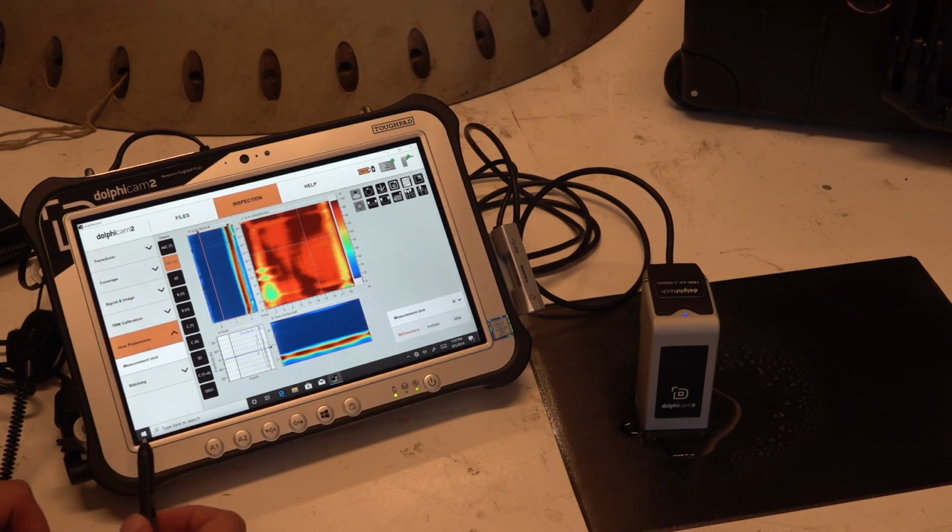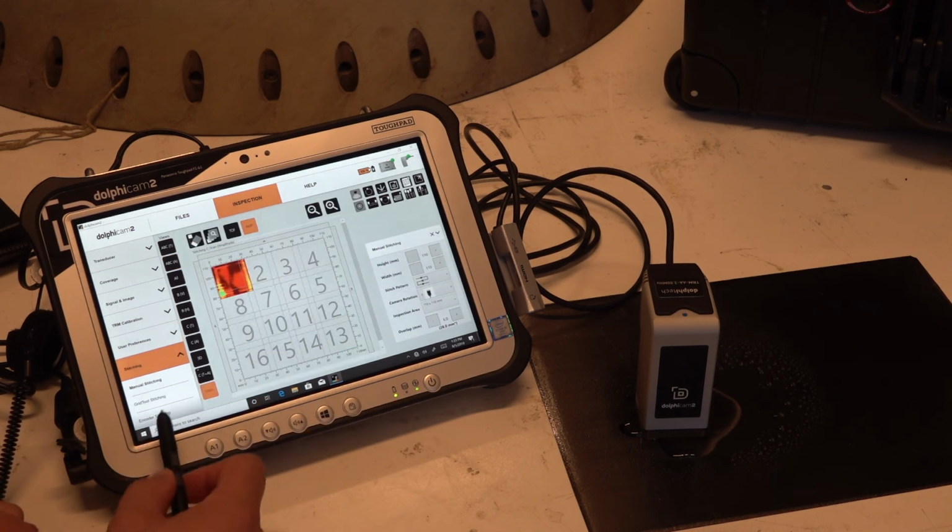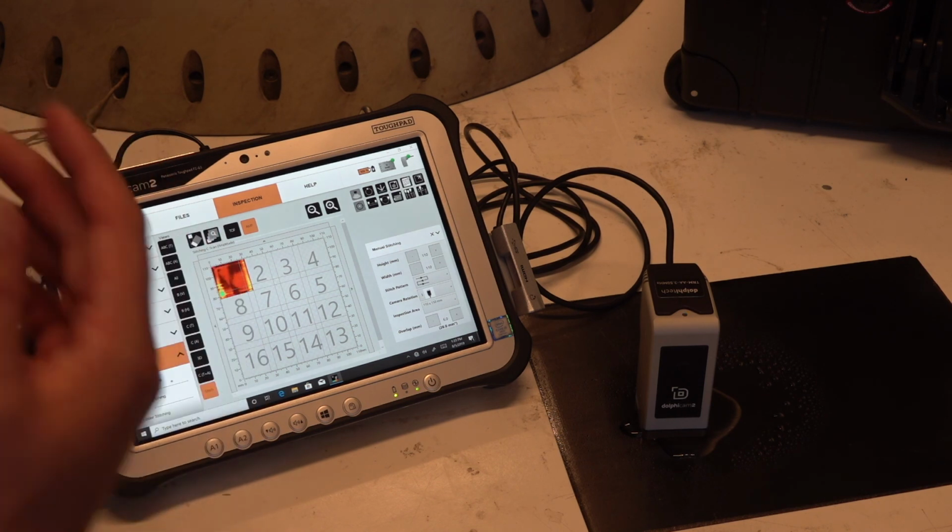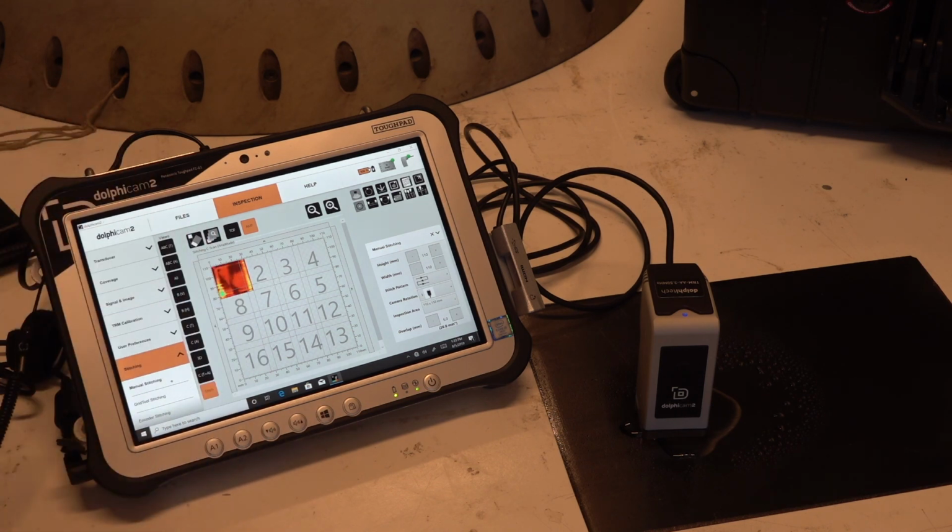User preferences. You can select here what unit you want to measure in. And then finally we have stitching. Stitching is a nice way of creating a larger or scanning one larger surface